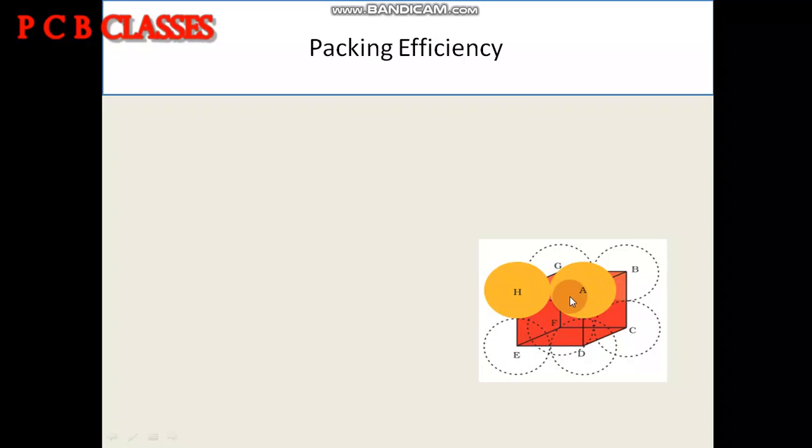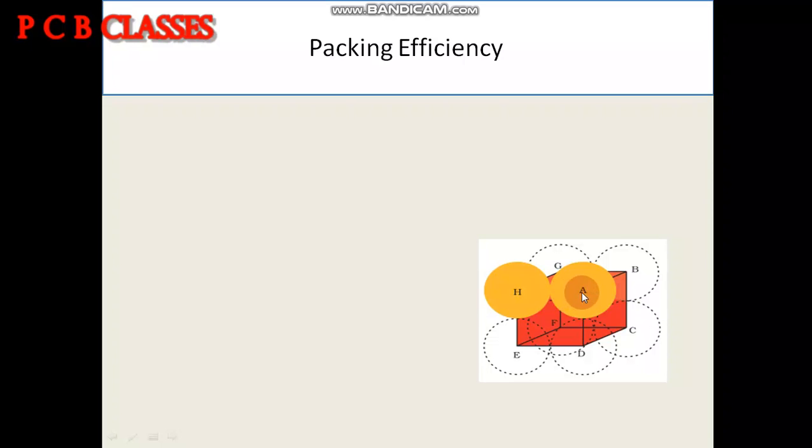You can observe from this image that atom A is touching D, A is also in touch with H, and H is in touch with E, but the E atom is not touching A, or the H atom is not touching D. So AH is representing the edge of the cube, as well as A representing the center of atom 1 and H representing the center of atom 2. Now if we consider the distance HA, you can take the radius of H to this part, which is R, and the radius of this part to this, which is also R.